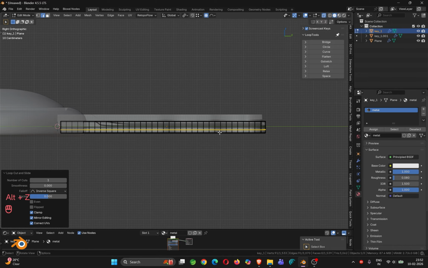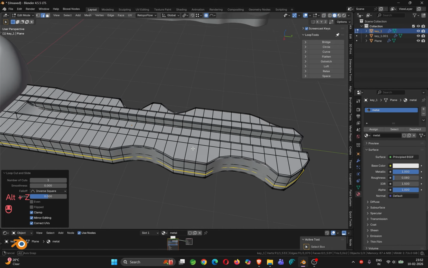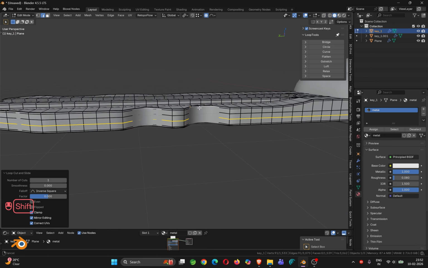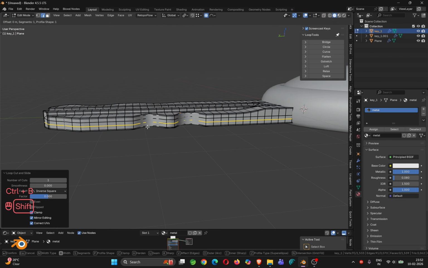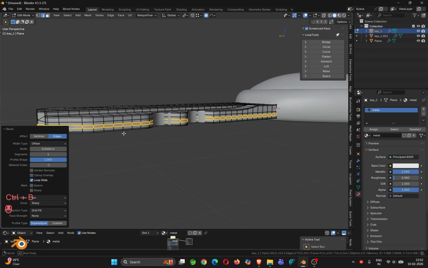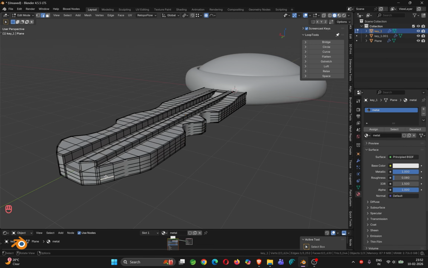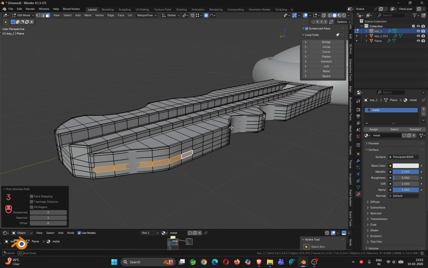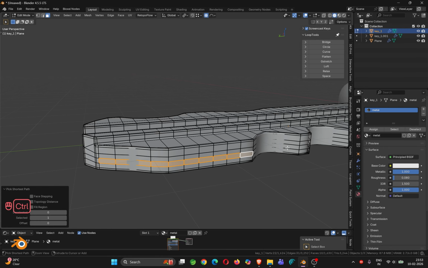Yeah, this looks good. And what I will do now, as I told you, I want to make it flat, right? Yeah, like this. So I will just select all these edges